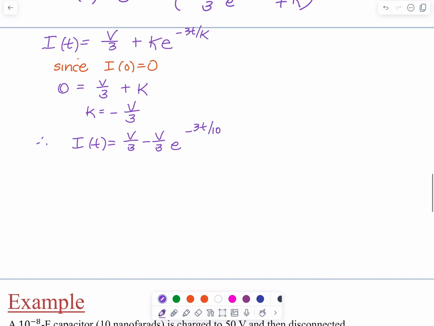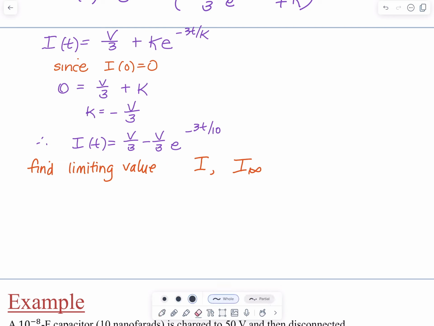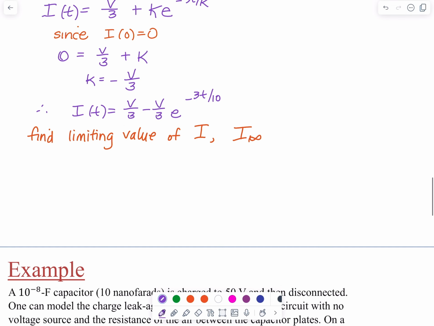So we want to find the limiting value of our current, and that's going to be I sub infinity, okay? So going ahead and doing that, I sub infinity is the limit as t approaches infinity of I of t,